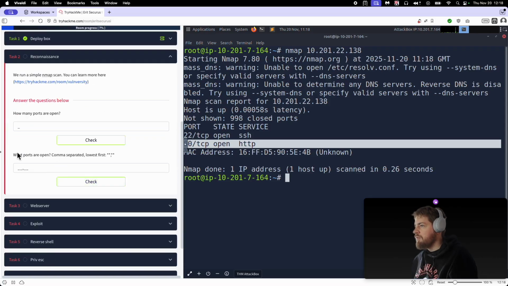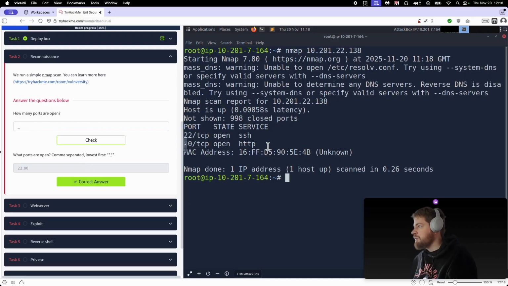So they want us to type that here with the lowest first. So that's 22 and 80. And they ask us how many ports are open. So obviously there are two ports open. We have this port and this port. So